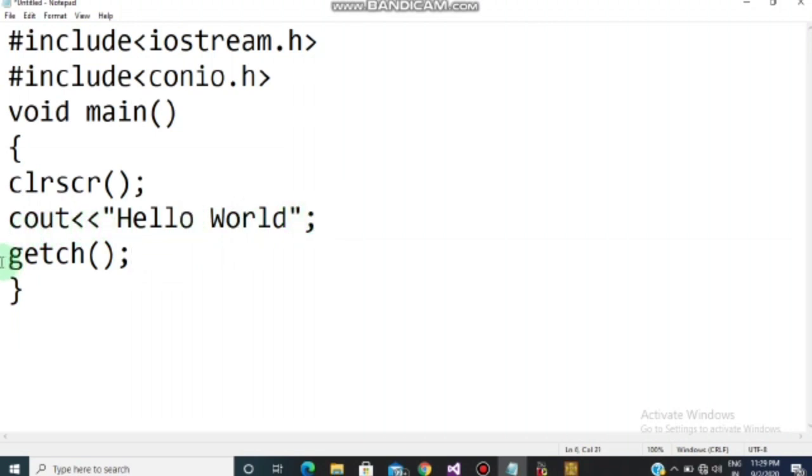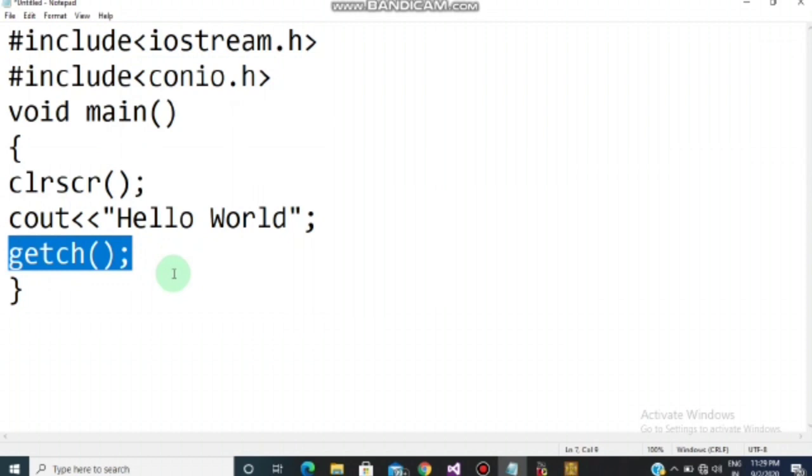Now what is getch? Children, this function is there inside the Conio header file again. What this function basically does is it holds the output screen till it gets a character. When we see the practical window, I'll show you what will happen if we remove this.